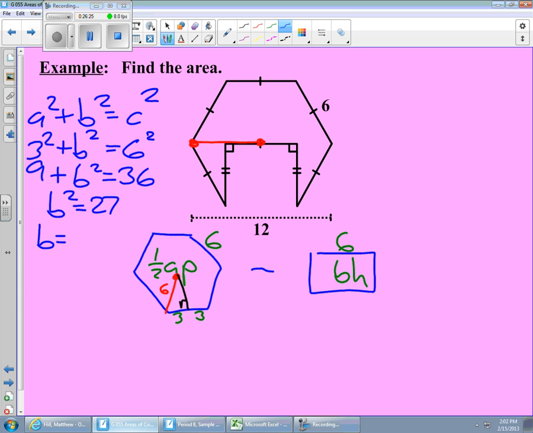27 is 3 times 3 times 3. There's a pair of 3's in there and an extra 3. Okay, so that technically is our apothem. So I'll switch variables here. Quit calling it B and I'll call it A, since that's what we typically use for apothem. All right. Now, it seems like we've got enough information, at least on this side,